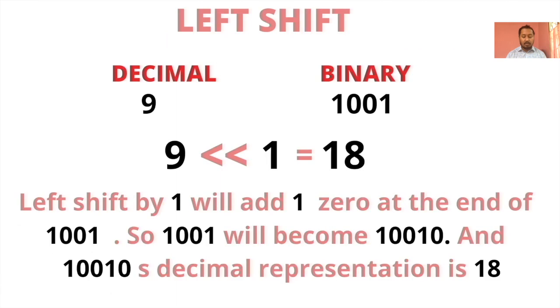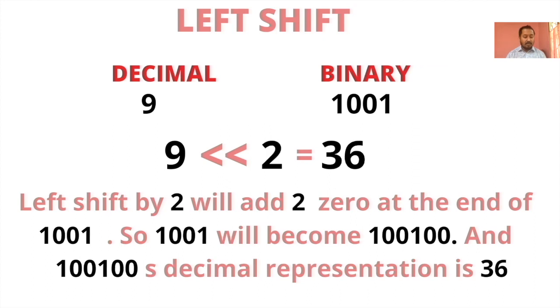For example, if we do left shift operation on 9 by 1, then it will add a 0 at the end of 9's binary representation 1001, and after adding 0, the binary number will become 10010 and its decimal representation is 18. Similarly, if we do left shift operation on 9 by 2, then it will add 2 zeros at